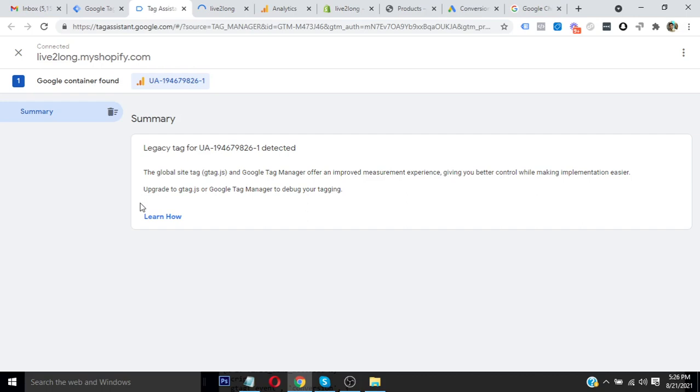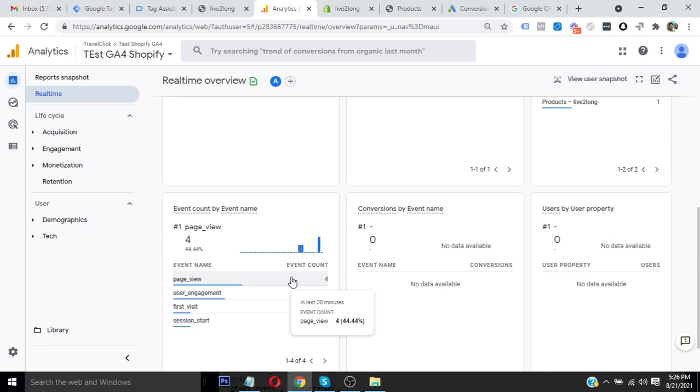So this is basically how we can set up Google Analytics 4 via Google Tag Manager, and this is the best and most robust way to set up Google Analytics. In case you are looking for e-commerce tracking, please check our link in the description box. We have explained it step by step.